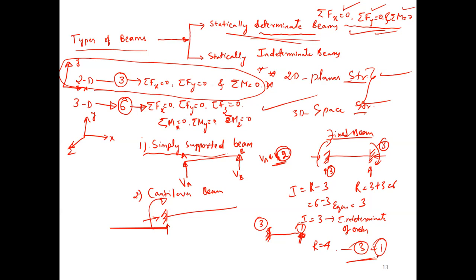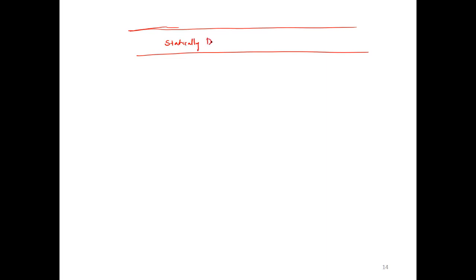Any doubts? No, sir. Shall I move on to the next topic? That is next, sir, continuous beam. Yes. Okay, I will explain those things also. Okay, now tell me, you continue telling. I will classify in table manner, classification of beam. So name of the beam: statically indeterminate. First one,